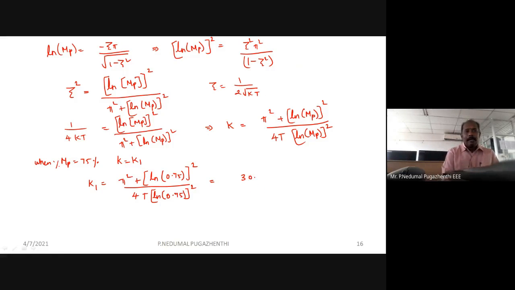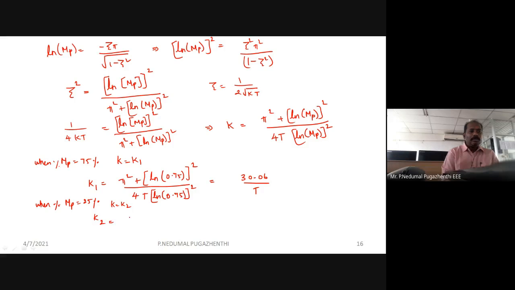30.06 divided by T. Okay, 30.06 divided by T. I can substitute the value for pi, I can find ln of 0.75 from your calculator, and I can get the value like this one, 30.06 by T. The same way, when percentage Mp is equal to 25 percentage, I can say k is equal to k2,